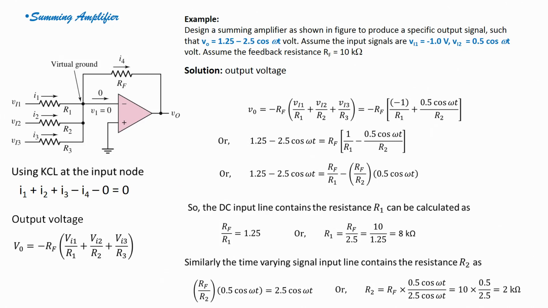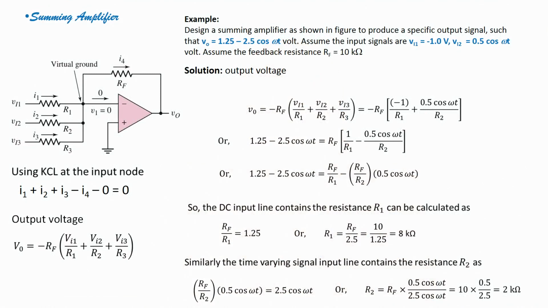Now, let us see an example of a summing amplifier. So, what is a summing amplifier? Let us see the circuit. When you come back on the screen, you will see that we are using an inverting amplifier. We have a feedback resistor, but instead of one input resistor, you have 3. You can have n input resistors also.